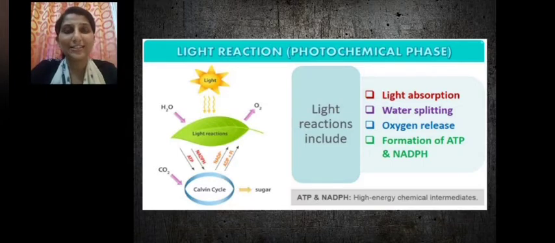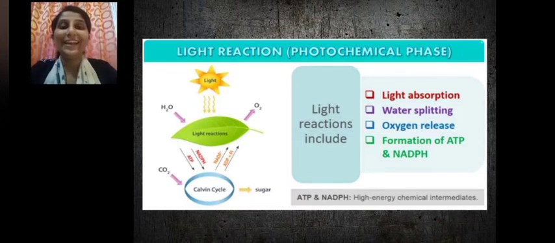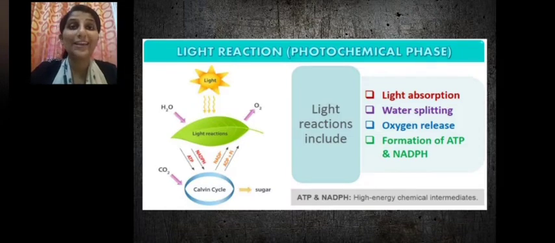In simple terms, we know what photosynthesis is. It is the process by which carbon dioxide and water, in the presence of light and chlorophyll molecules, are converted into glucose, oxygen and water. So now we are going to learn about half of this step. In light reaction, we will be learning why water is needed, why water acts as a primary reactant in photosynthesis, how oxygen is liberated, and how the light energy is converted into chemical energy. So let's learn in detail.